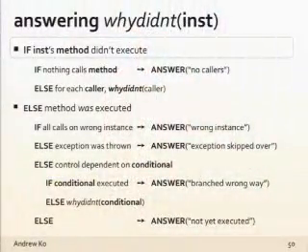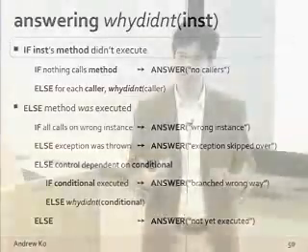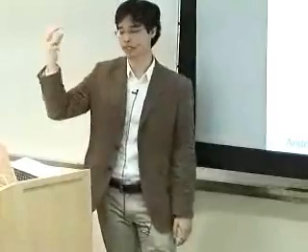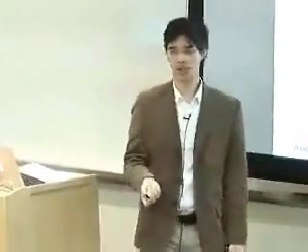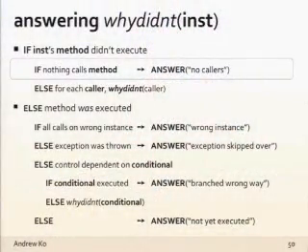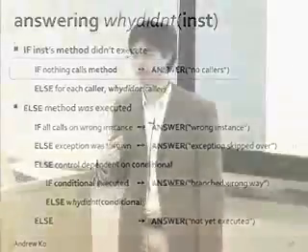To answer these why didn't questions, there are several different cases based on the definition of a Java program's execution that you have to go through. If you have some instruction in mind that you expected to execute, first you want to look at why that method didn't execute. It may be that there are no calls to that method, so that's one potential answer: there were no known calls, it's not reachable.